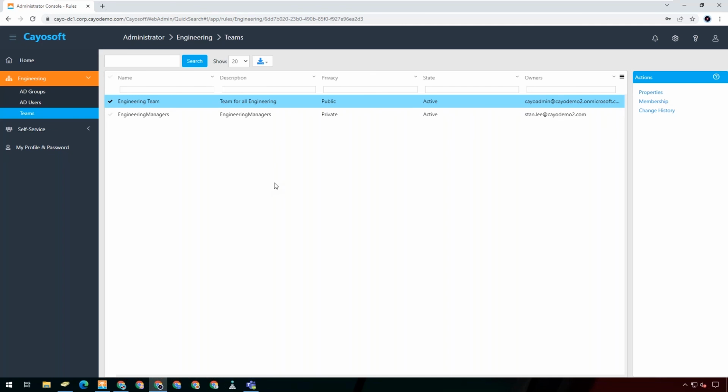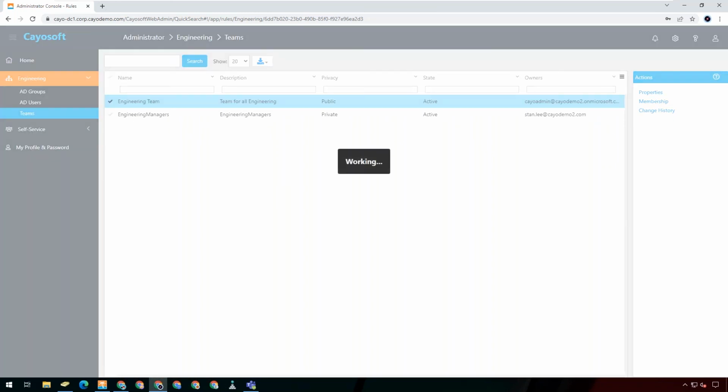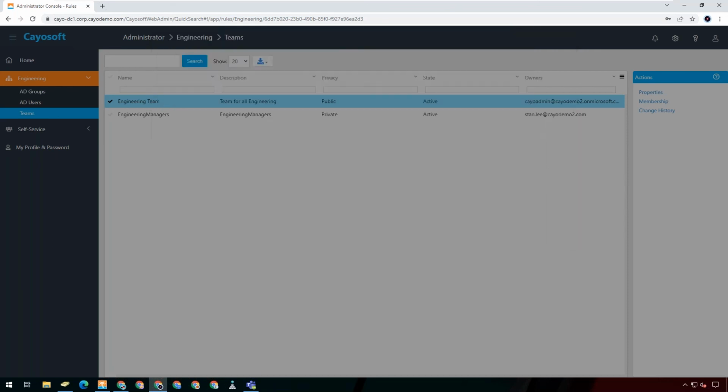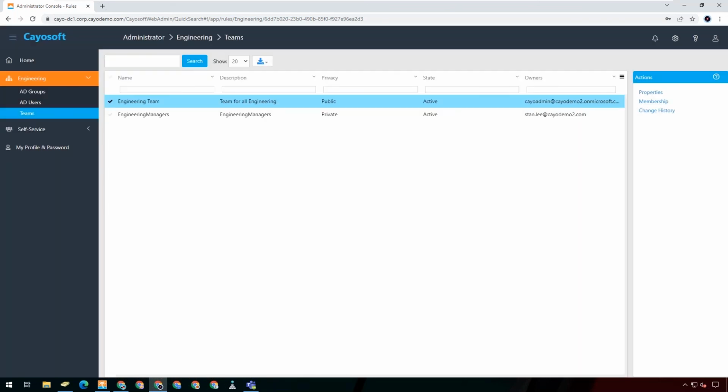for example, this user I'm logged in with here is an engineering manager, and I've given him access to see his engineering teams. So with this, if he wanted to, he could update the membership of this team and do some limited interaction with the team. He can't create new teams, he can't delete teams, so he's really limited in what he can do.